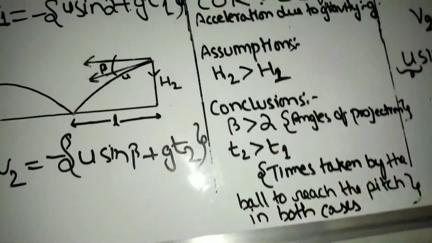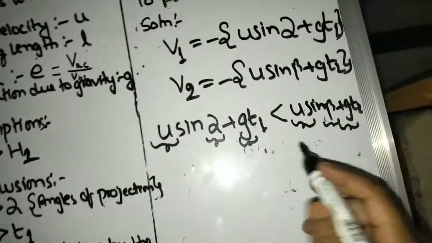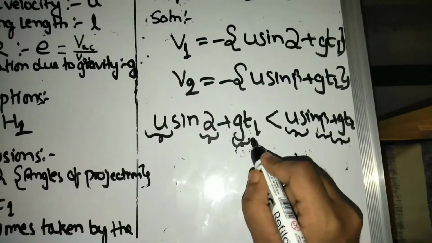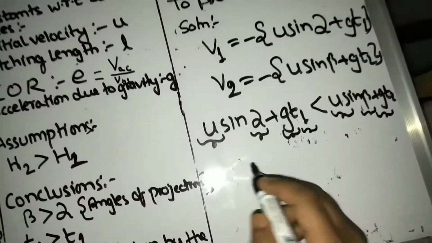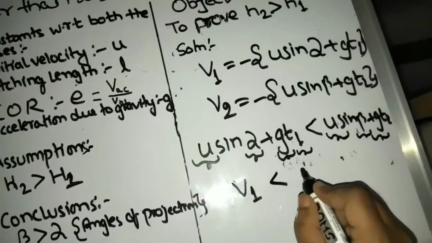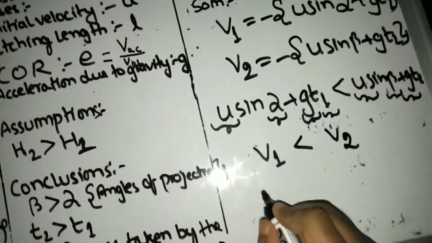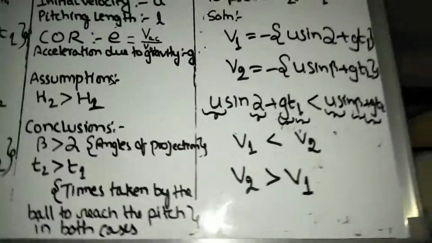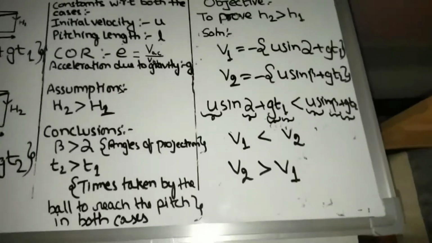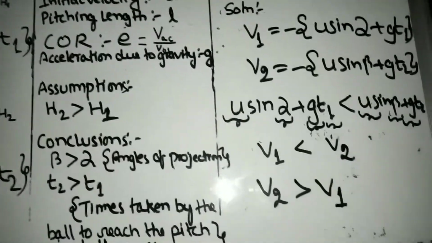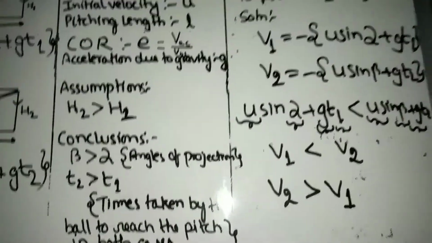We also have concluded that T2 is greater than T1, which means the alpha factor and the T1 factor make V1 smaller than V2, or V2 greater than V1. Alright, so we have another conclusion, that V2 is greater than V1, which means